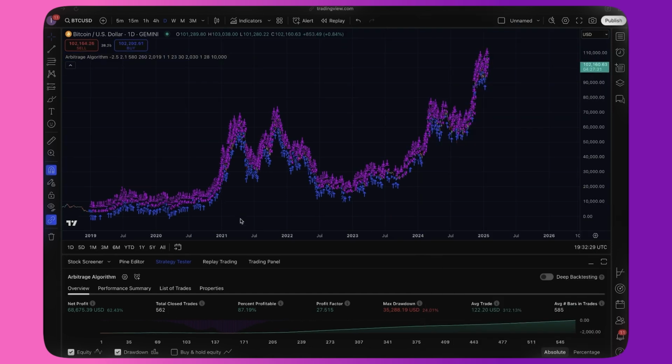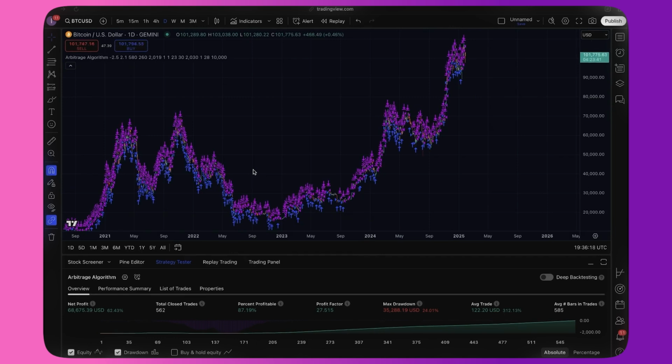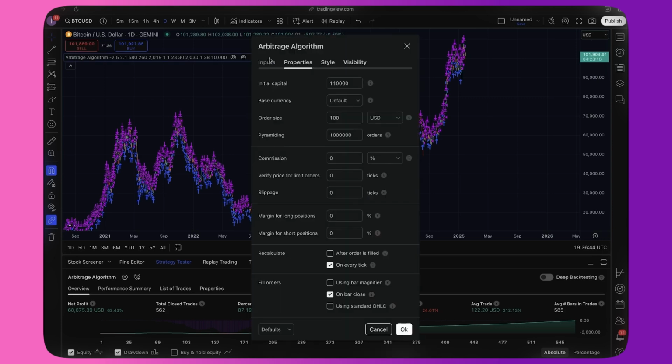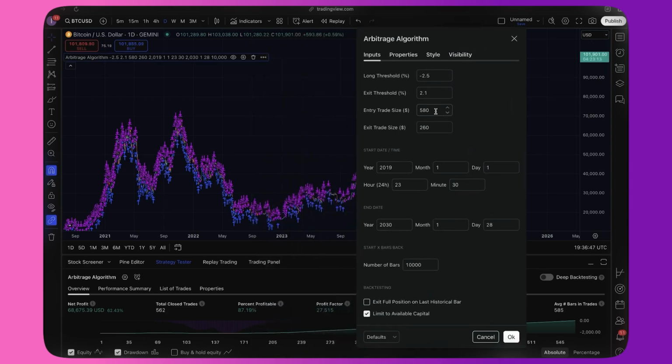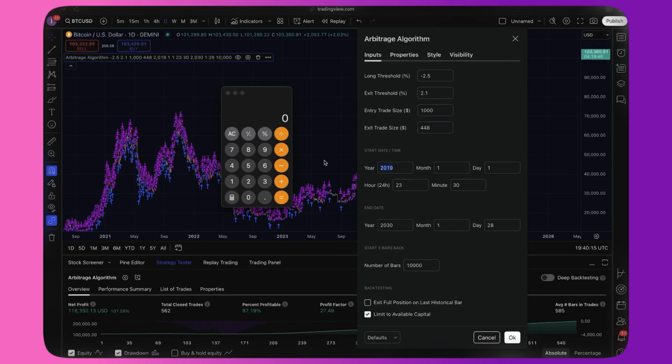The last thing I'll cover here before we create an instance out of this is the buy-sell ratio in the recipe section. Whenever you find a recipe in the arbitrage algorithm list that you really like from a performance standpoint, but you need to either upsize or downsize the buy side due to your available capital, you'll have to keep the ratio between the buy and sell size exactly the same in order to reap the same performance. Currently, we are looking at a 580 buy side and a 260 sell side. So our buy side is 2.23 times the size of our sell side. To keep the same performance, but increase our entry side to 1,000,